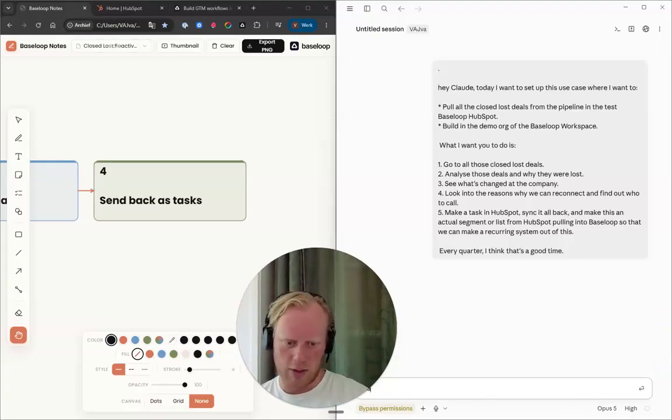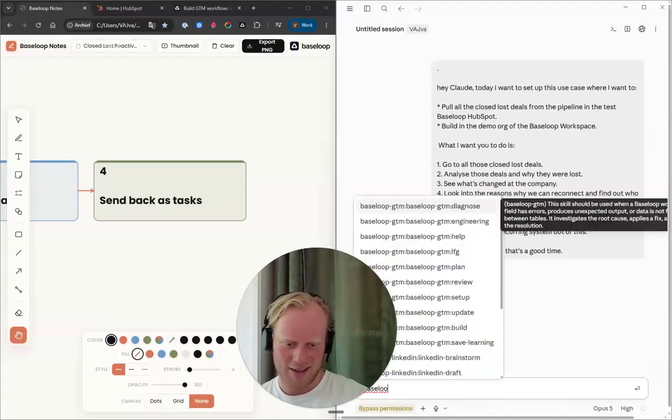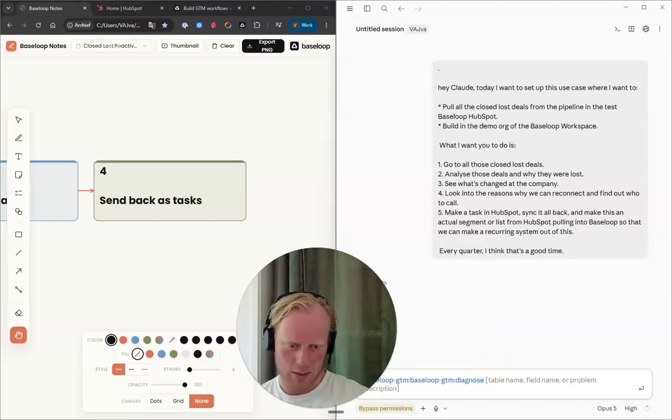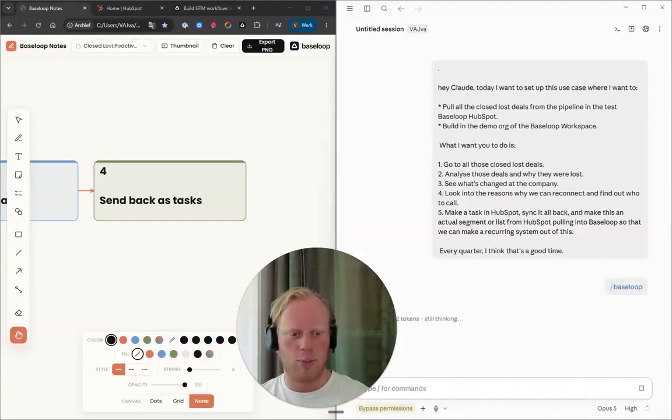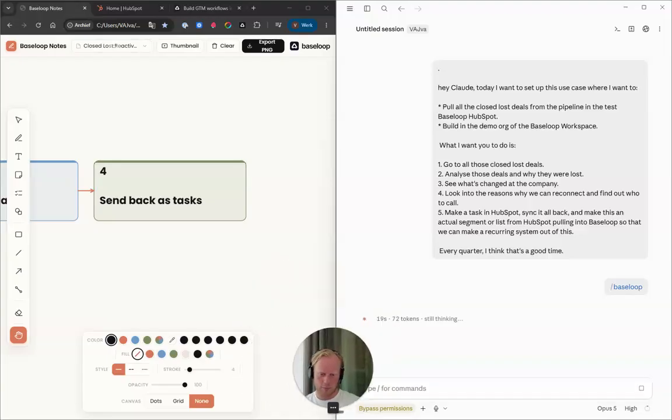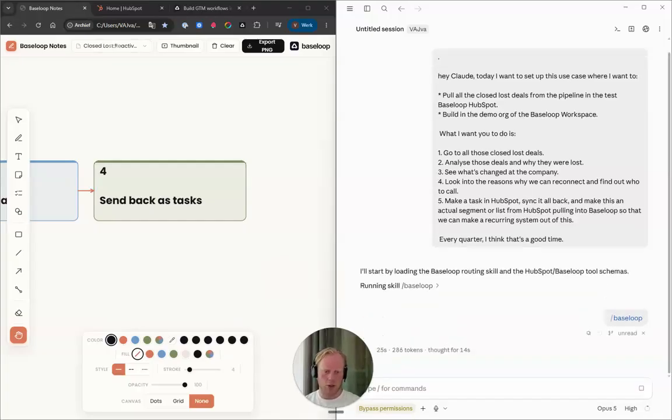Oh, and I forgot to give the Baseloop task sign. Yeah, so basically, what I did right there is I should have started by /Baseloop, and this is the skill that knows exactly how to operate Baseloop. So how you need to make tables, how every integration works with HubSpot and Baseloop itself,